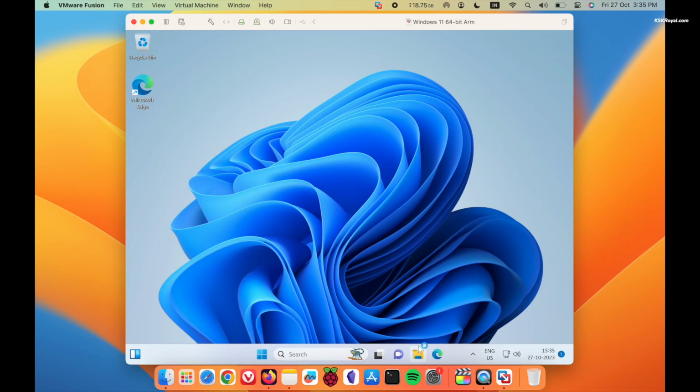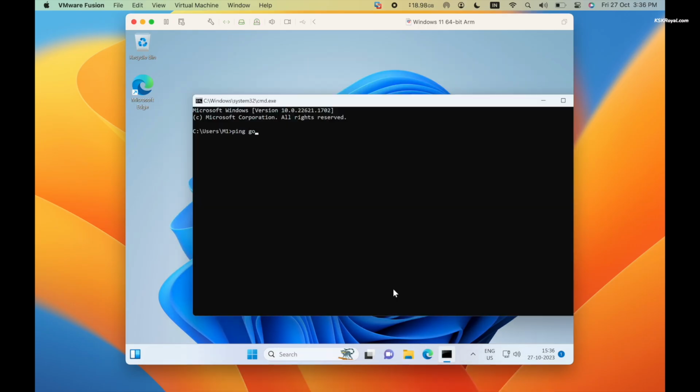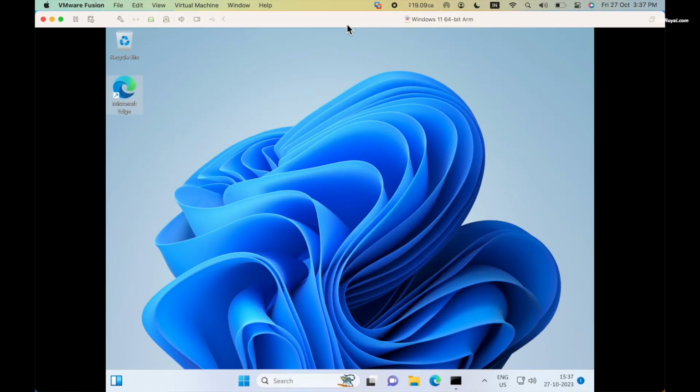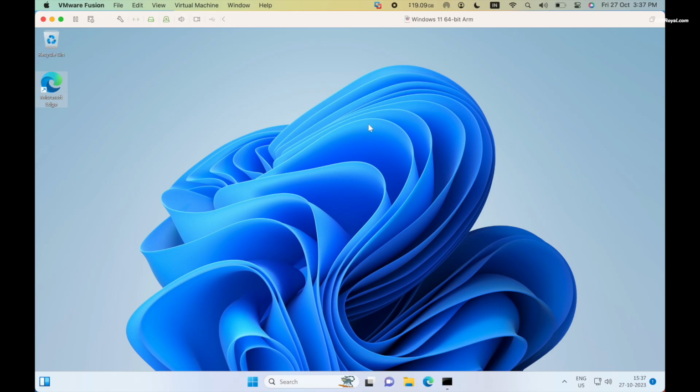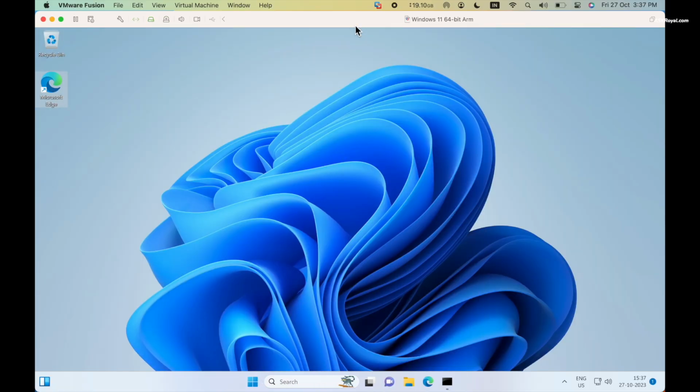Now compared to previous releases, VMware Fusion brings a ton of new features, including network simulation, DirectX 11 graphics, auto-fit resolution, drag and drop functionality, and clipboard sharing between host OS and guest OS.